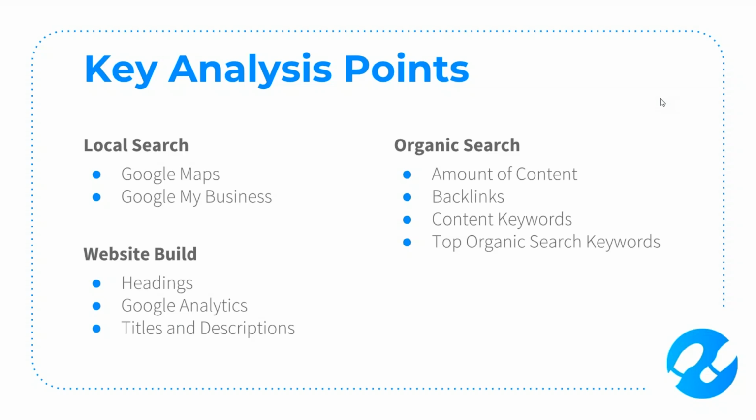On the organic search section, your usual talking points would be the amount of content they have on the website, what their backlinks look like, and what type of keywords they've been able to pull out of the content, as well as those top organic search words. That section of the top organic search keywords shows where they're positioned now and what search phrases they currently rank highest for. So it's really good to use for looking at their presence